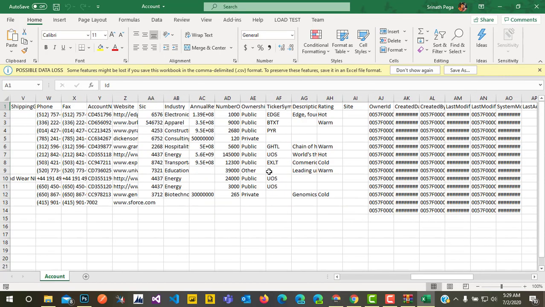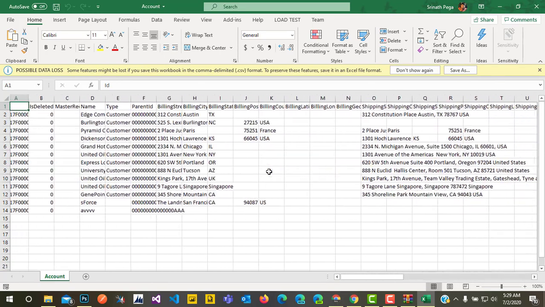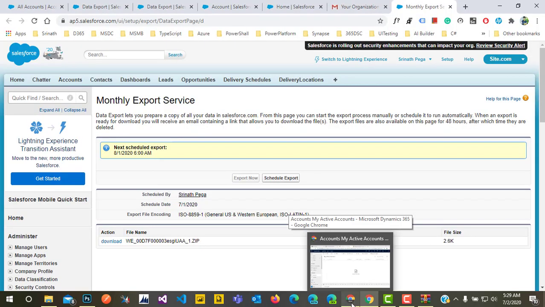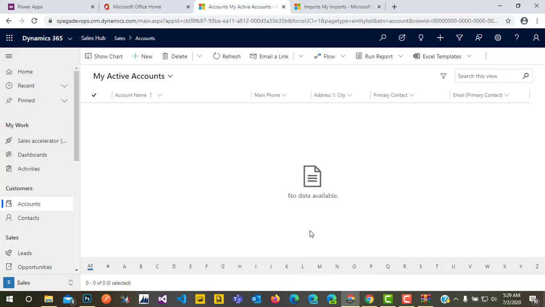So we need to import these into our Dynamics CRM. For that, I have this Dynamics 365 instance. I need to import the records from Salesforce into Dynamics 365 accounts.